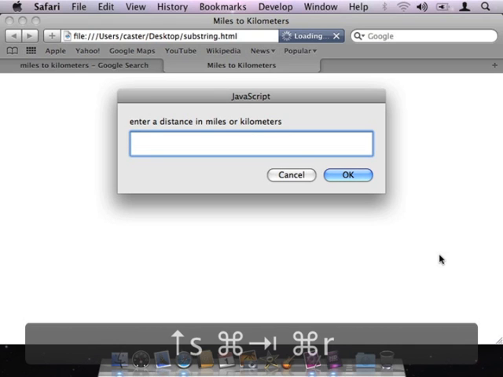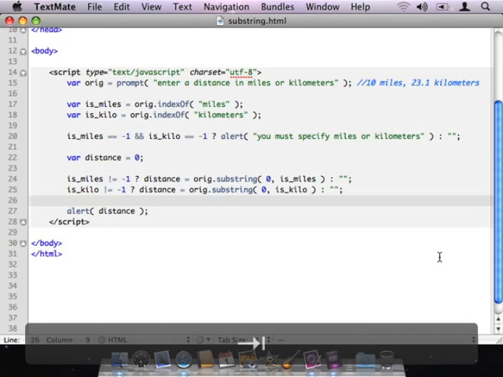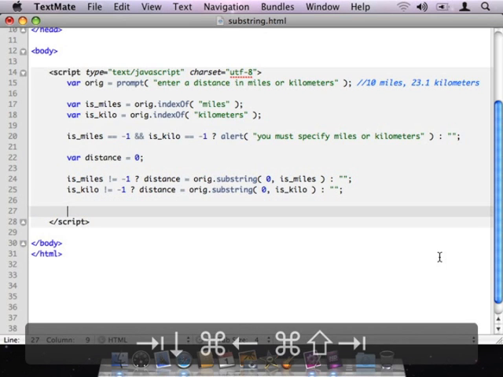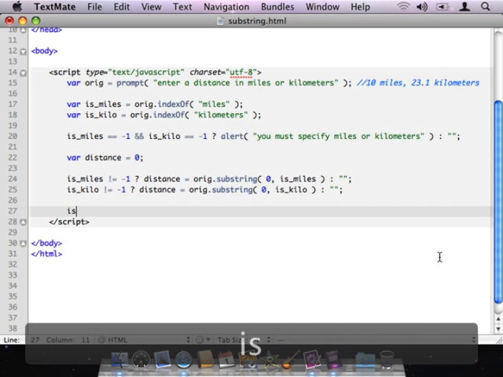If I put in 34 kilometers, I get just 34. If I put in 34 miles, I get just 34. So it looks like that's all working just fine. This alert that I put in just to check the value of distance, I can go ahead and take back out now. It's basically served its purpose. So let's see if we can get the actual arithmetic done. I'm again going to say if isMiles is not equal to -1, meaning that we actually have miles,